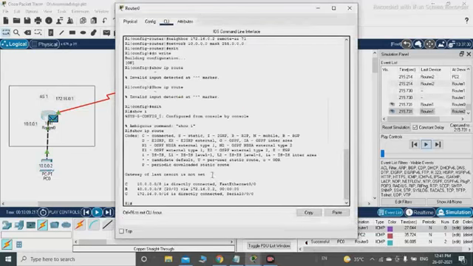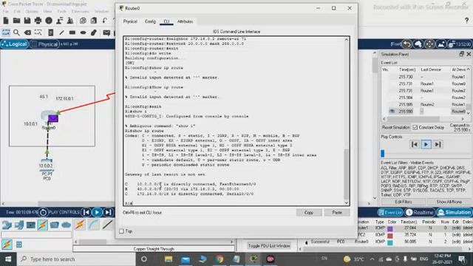So we can find the routing, where the BGP has been processed in router 1. Here we will see where the BGP route has been processed on the router. This is router 0. I have written the command show ip route. These are the list which has been shown here.